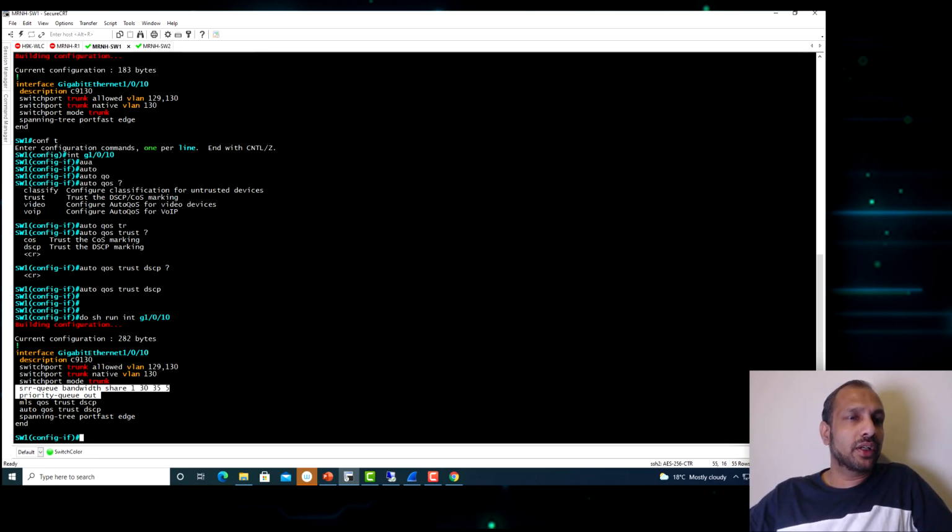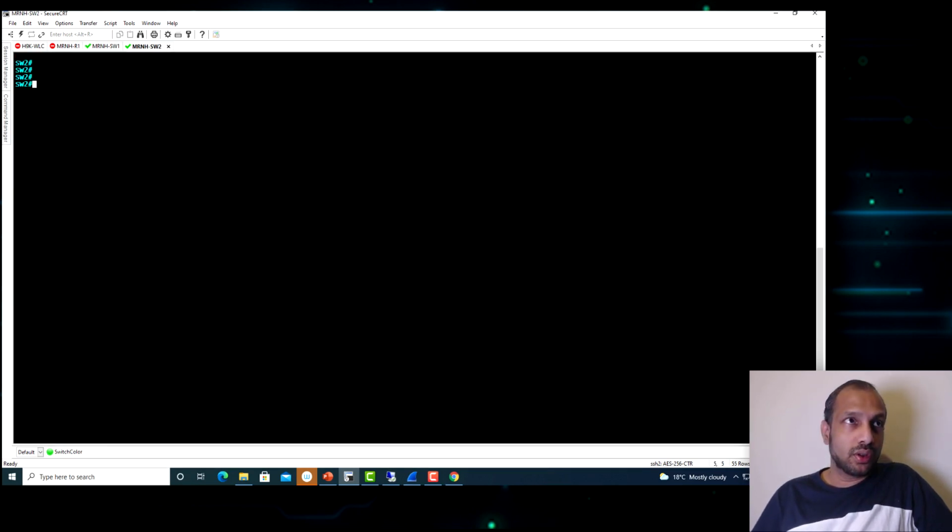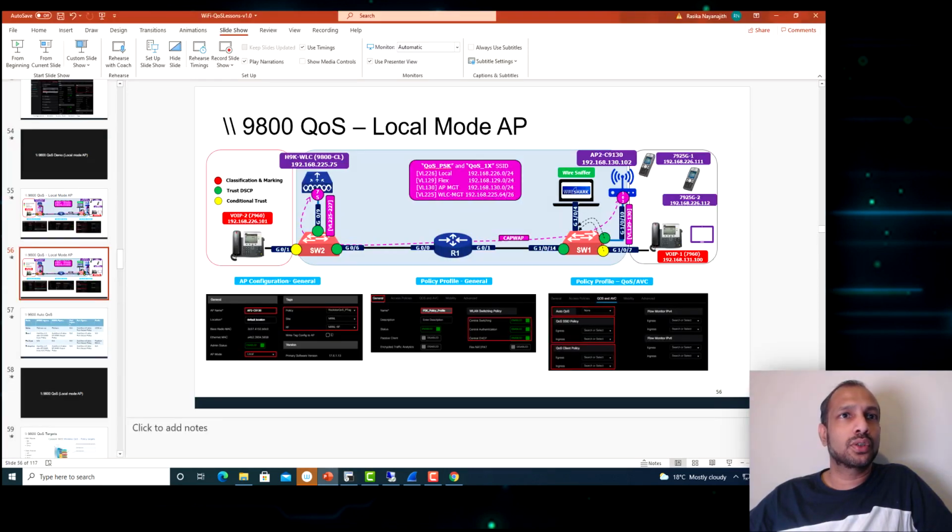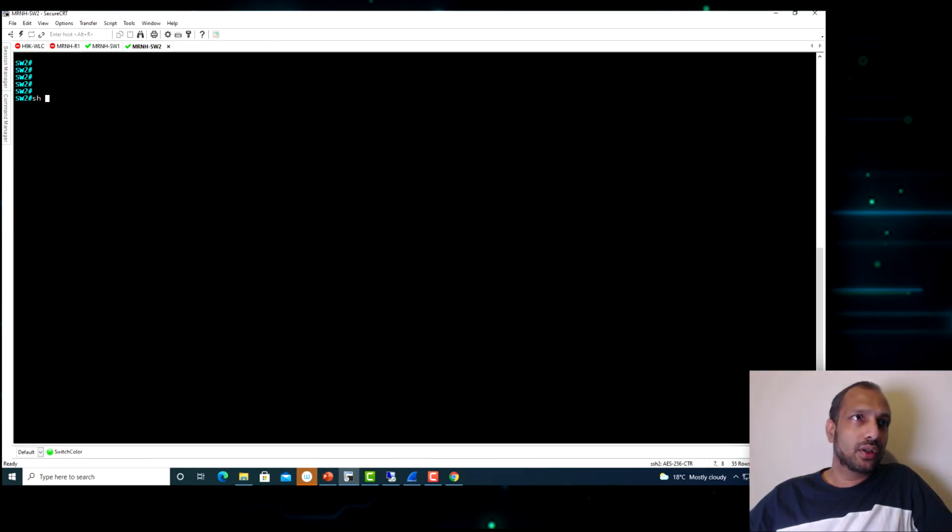So we will configure the same on the controller connected port, on switch 2. Let me just check the port detail. The controller is connected to gig 0/9.